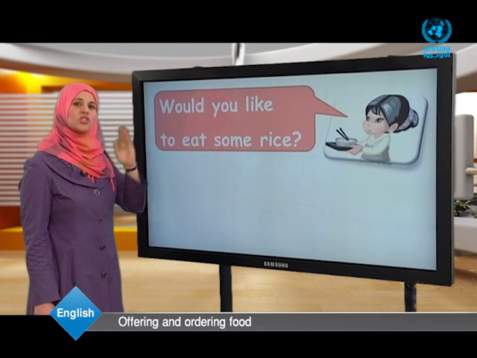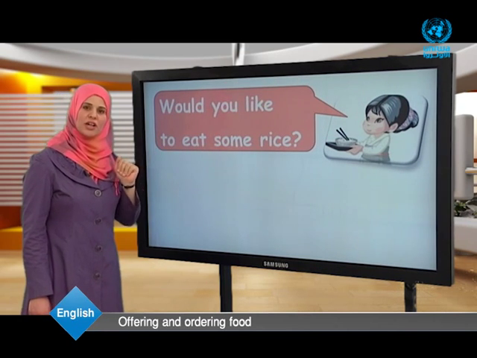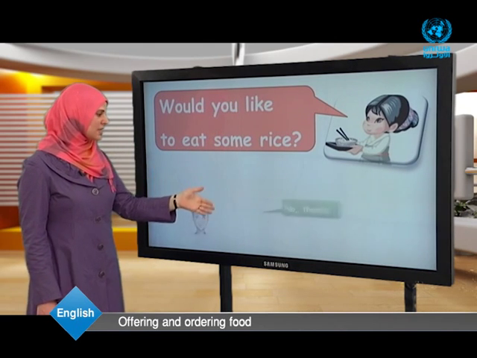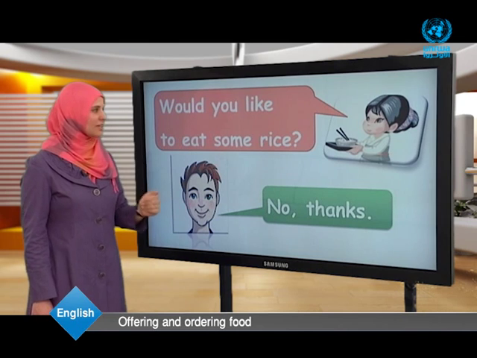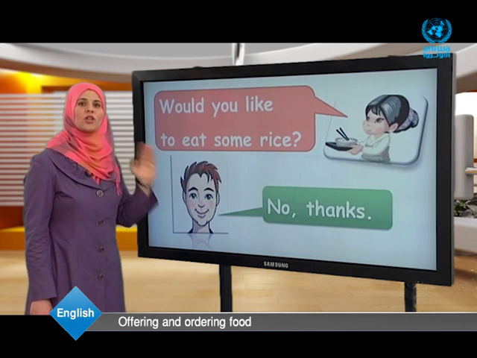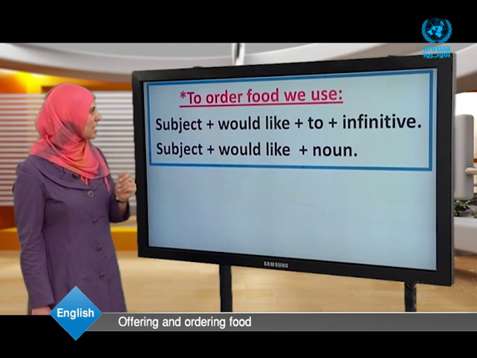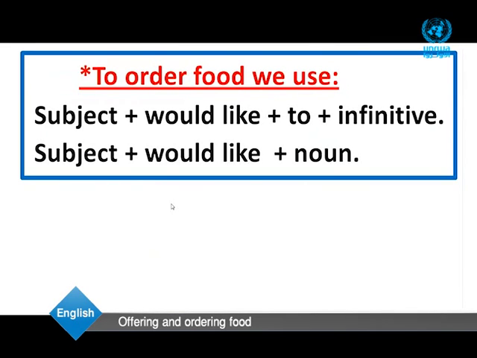She offers food. She says, would you like to eat some rice? Look, he says, no thanks. Now, dear students, from all these examples, we can conclude that to order food, we use subject plus